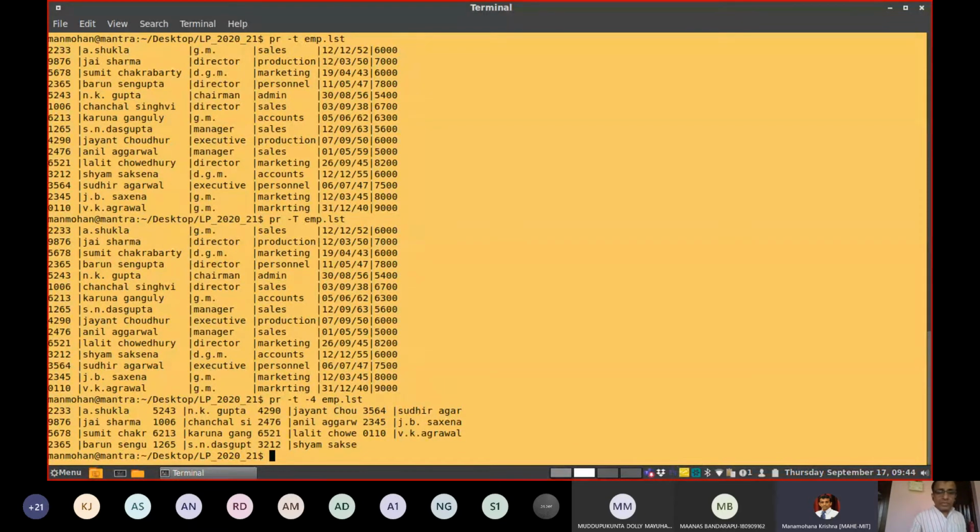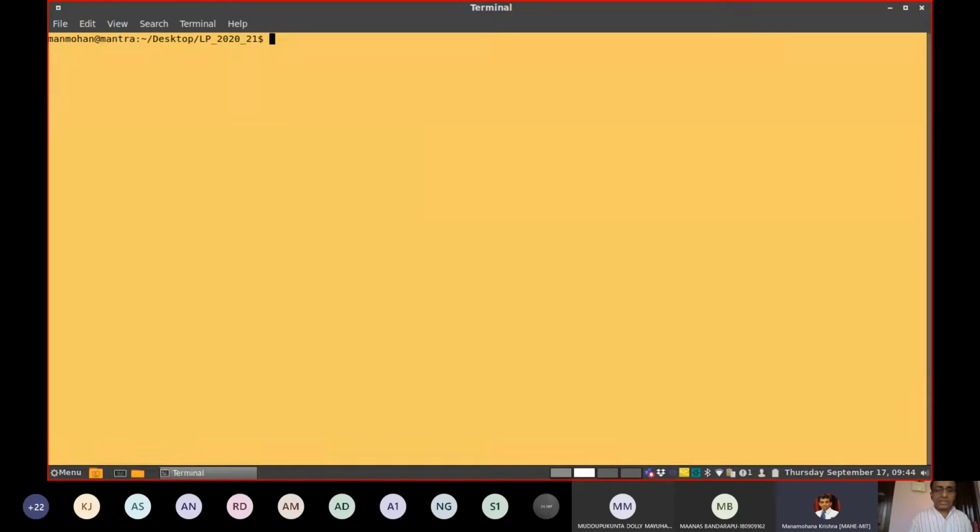And next, the command we are going to discuss as far as filters are concerned. Here, our sample input file is emp.lst. Now look into another command which works with that file, called head. If I use the head command, I will write -n and then enter a number 5.